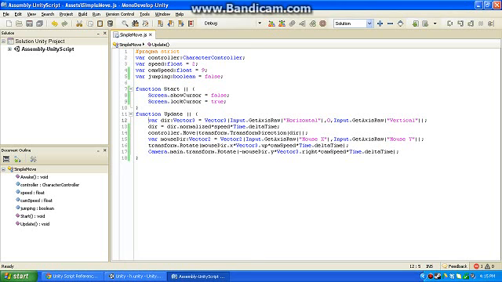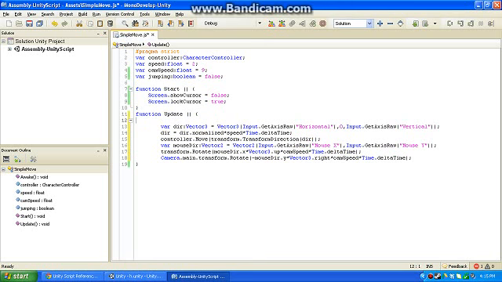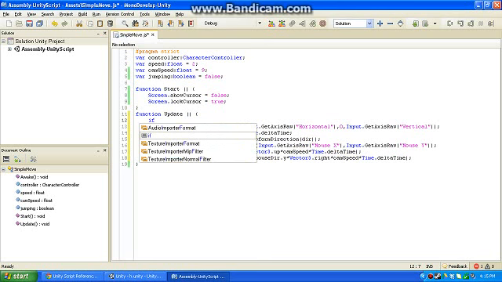And basically, I don't think we even need it. Well, I guess we do, because we don't want you to be able to jump again while you're jumping. But basically, all of this code here, bam, bam, bam, bam, bam, bam. This is all going to be within an if statement, basically saying if